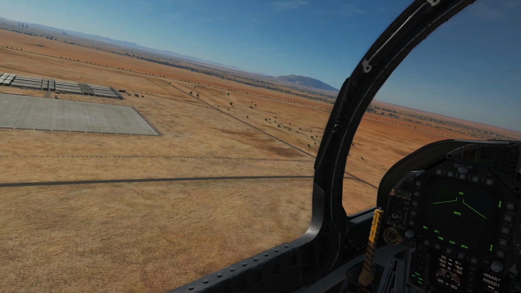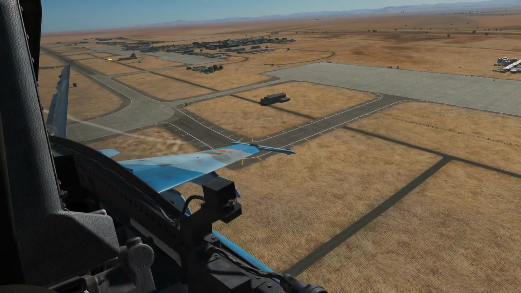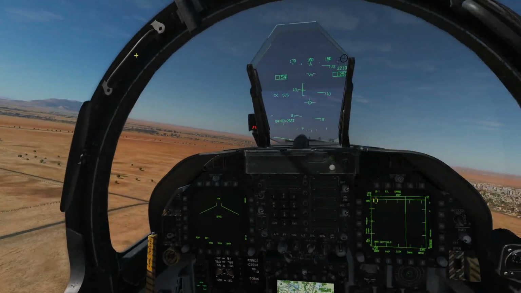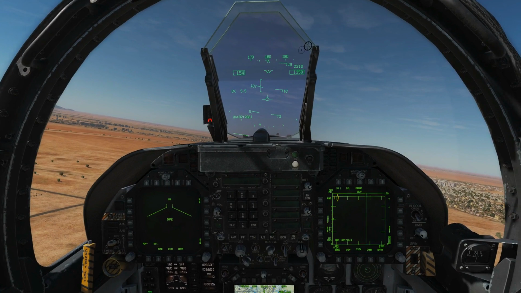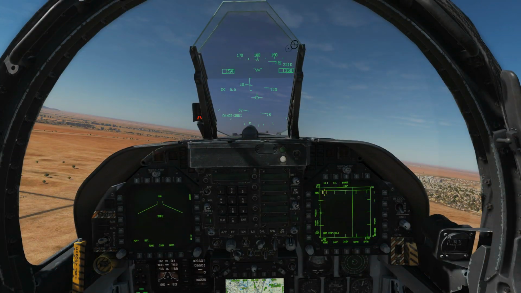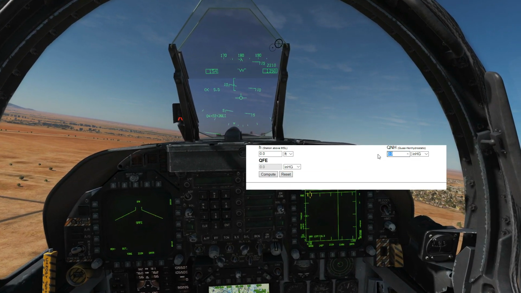So in real life, it's argued that the only way to do this is to talk to the tower to get the actual QFE of their airfield. We're not going to go any further than that because we're getting a bit too far away from the original video. But for DCS at least, you can use an online calculator. In fact, why don't I do it now? So if I type in our QNH, which is the pressure at sea level of 29.80,